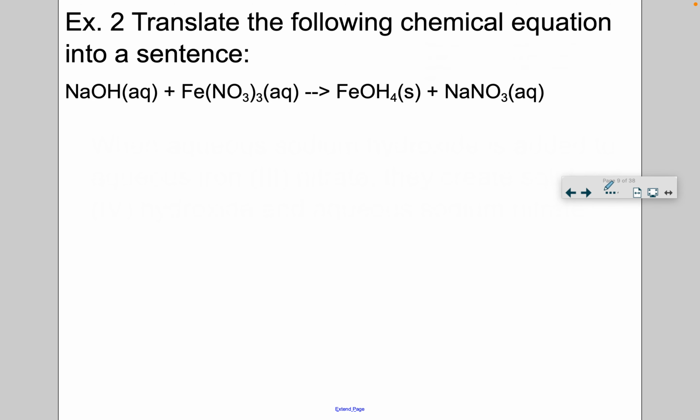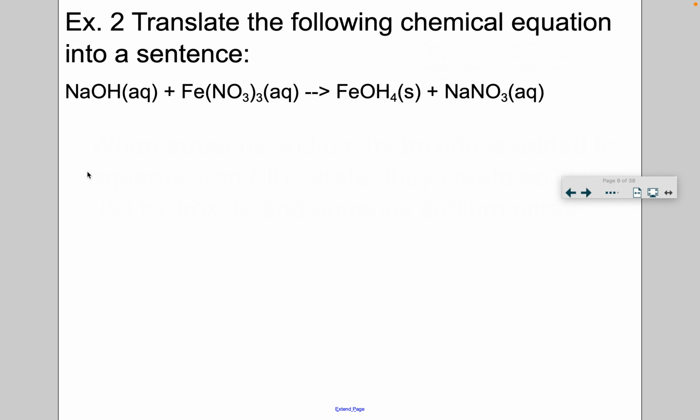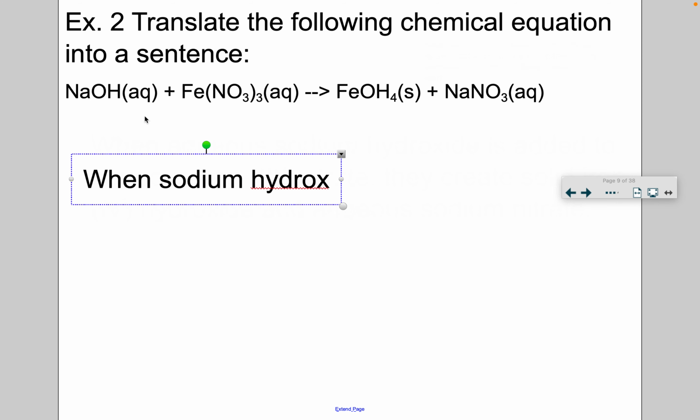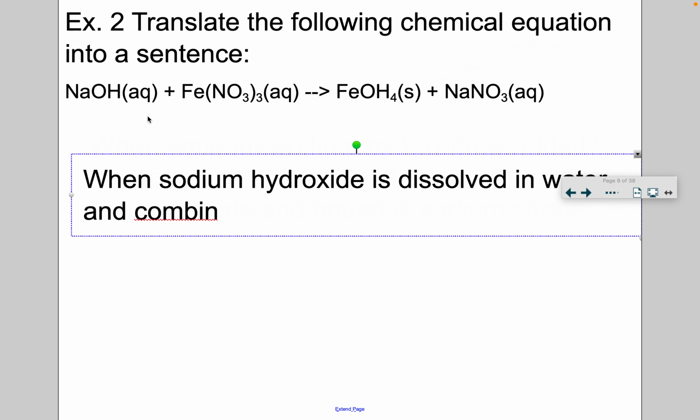Translate the following chemical equation into a sentence. Okay. So I might say something like, what's NaOH? Okay, it's sodium +1 charge. OH, that's hydroxide. So when sodium, well, hold up. What does AQ stand for? Aqueous. So I could say, like, when sodium hydroxide is dissolved in water, hint, hint, aqueous, and combined or mixed